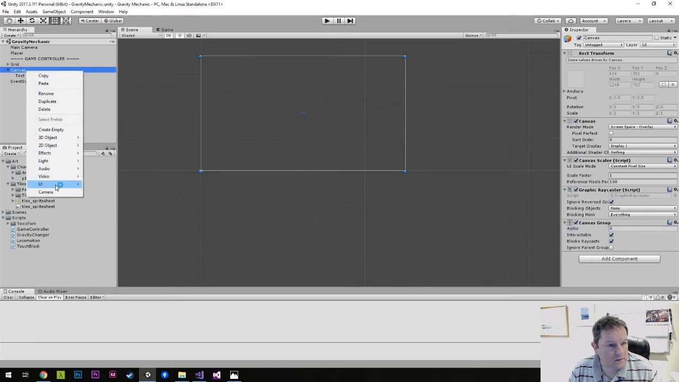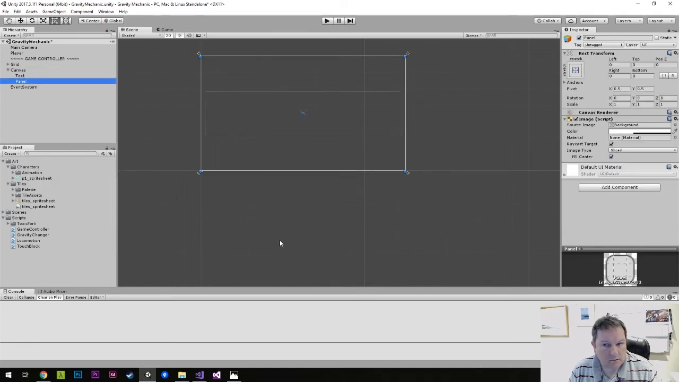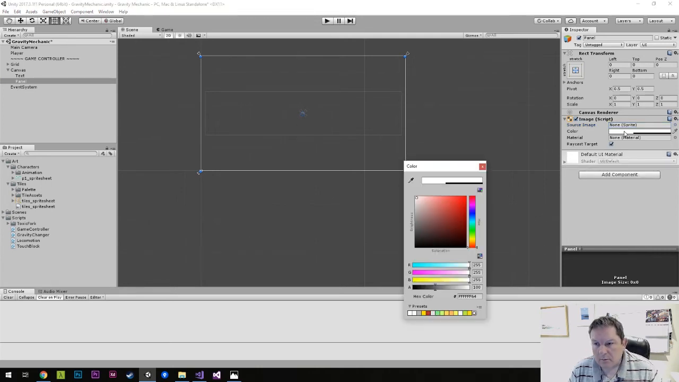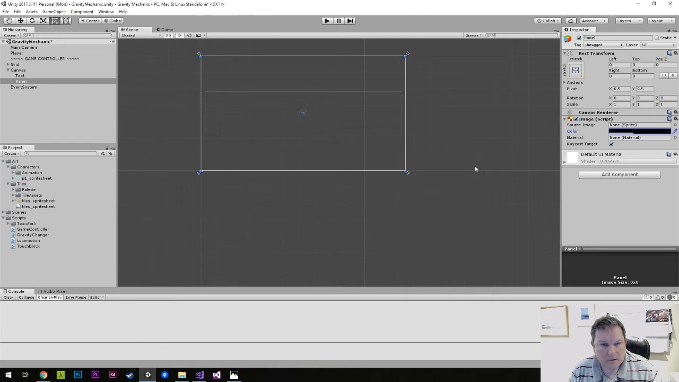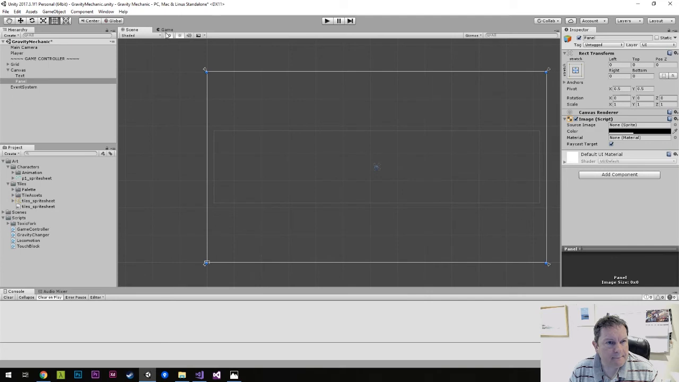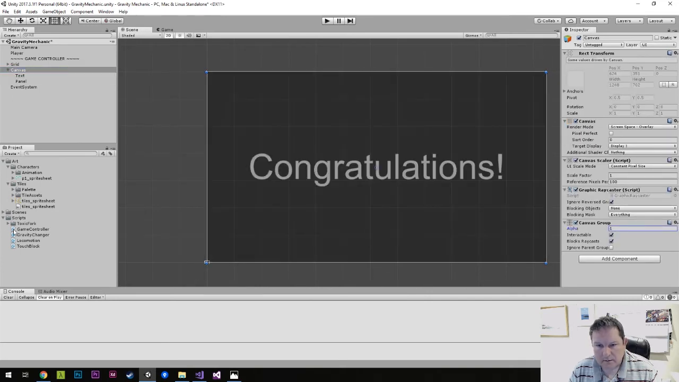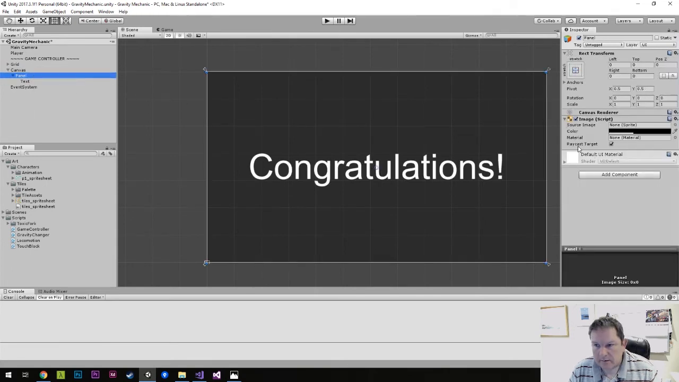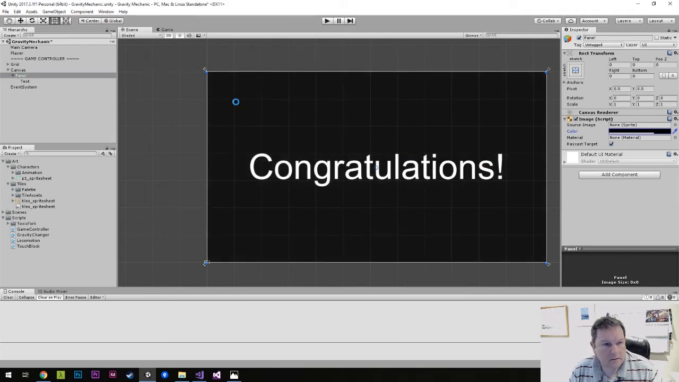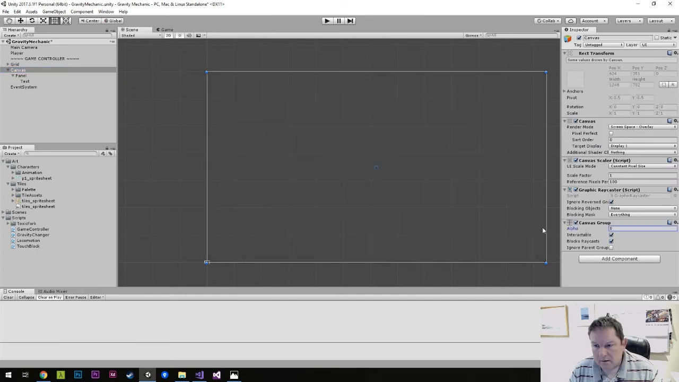We also want a UI panel. We don't want a background, but we do want the color to be black. Let's make that now. Make that the child of that. Make the panel darker. Okay, and then do that. Okay,